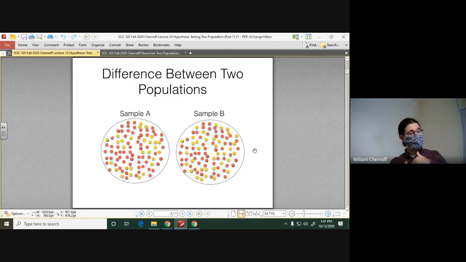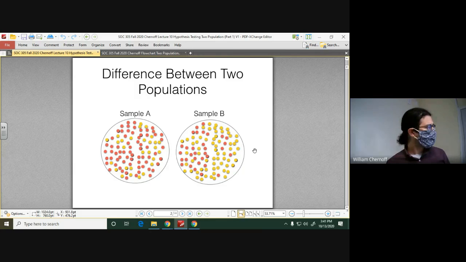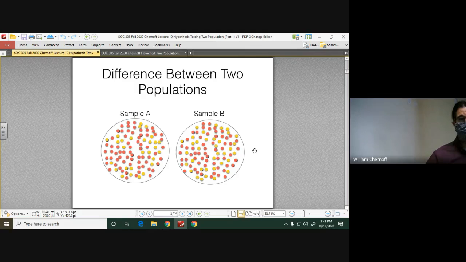So a lot of the statistical methods we deal with are about making that call, about saying, okay, there's going to be some threshold, and if the data are different enough, then we'll say they're different. Sometimes we get lucky and it looks like this. If we looked at our data, we'd say, of course they're different, and then the statistics would come out and say, yeah, there's a difference. But sometimes we really do need the statistics themselves to look at our data and let us know if a difference is there or not. Because even by just looking at the dots, it can be really challenging to see if a difference exists.